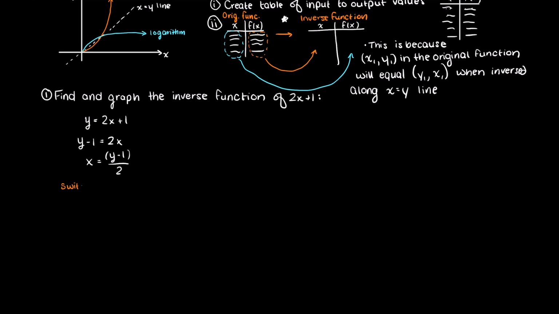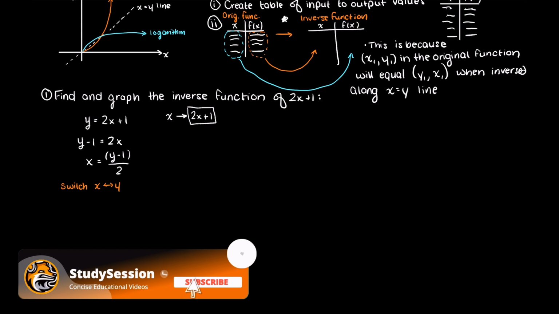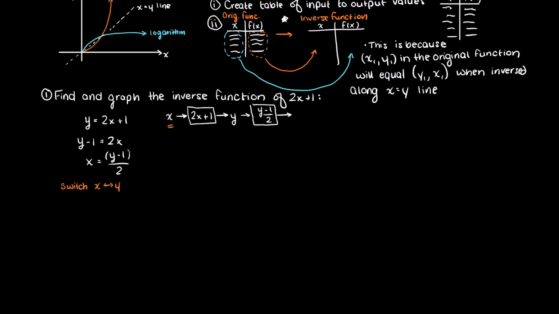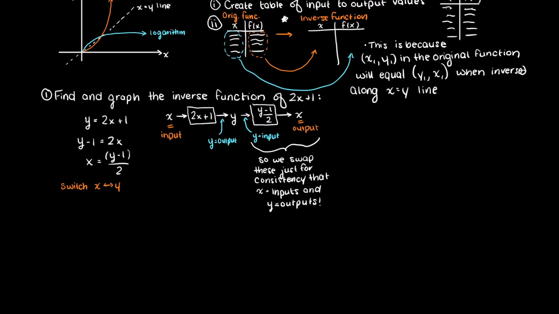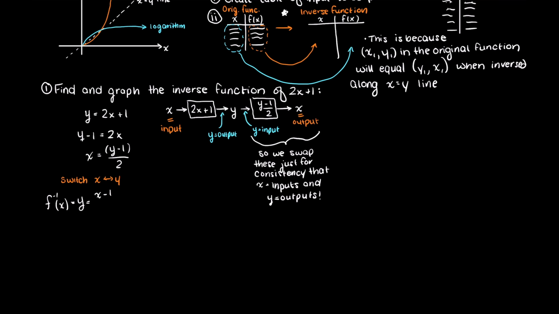Then also remember that for our inverse functions at this point we switch x and y. The reason for doing this is because the former x term here in our original function is now going to be an output of our inverse function, where before it was an input to our original function. Likewise, our former y is now the input to our inverse function, whereas it was the output to our original function. So it is just for consistency. So let's just pick a few random points and fill in this table here for our original and inverse functions.